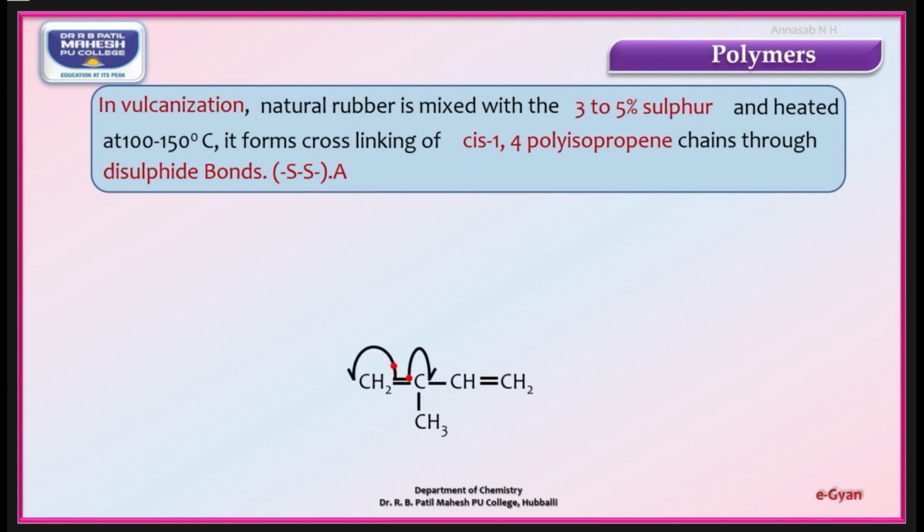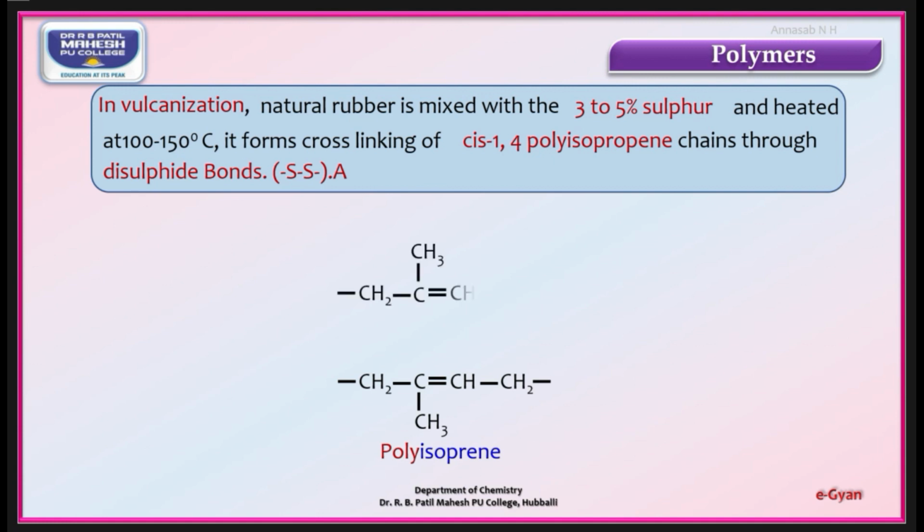Before that, it is going to undergo a free radical mechanism. So there is a formation of a single electron system, and it is going to form new bonding. There is a formation of a new double bond between carbon number 2 and 3. Carbon number 1 and 4 are now ready to bind with another similar molecule, which is going to form the cis form of polyisoprene, that is natural rubber.